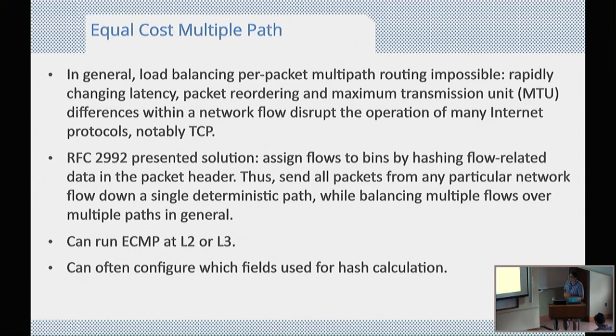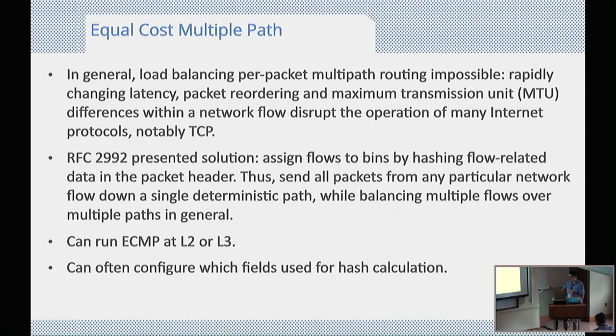RFC 2992 discusses this, and basically the way industry has solved this is they don't load balance per packet, they load balance per flow. And a flow is defined as a hash calculation based on a number of header fields. And sometimes you can choose which headers get hashed. But for example, the concept here is if you're sending a packet from one point to another point, it will